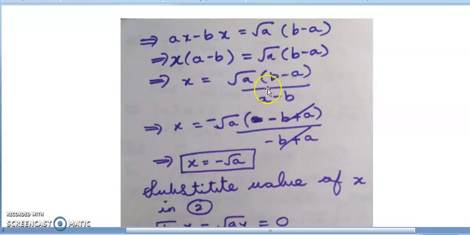Are both of them same? No, both of them are not same. Since b is first here, a is first there. In subtraction, we know they are not same. If a plus sign would be there, then it would have been equal. But here minus is there, so they are not equal. How to make them equal? Take out minus common. So minus root a into minus b. Okay, here minus into minus is plus.